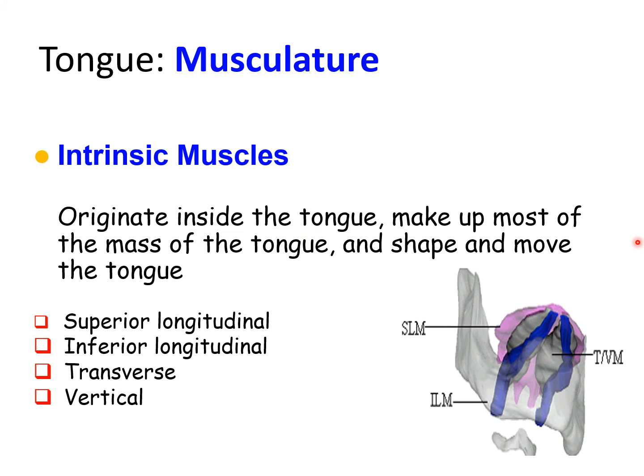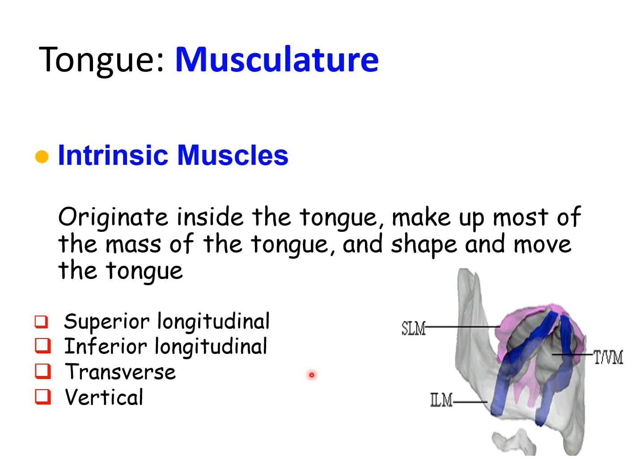As discussed previously, the core of the tongue is formed by skeletal muscle fibers, and these are classified as intrinsic and extrinsic groups of muscles. The intrinsic muscles, their origin and insertion is inside the tongue, and they make up most of the mass of the tongue. Their main function is to alter the shape of the tongue, but they also contribute to movement of the tongue